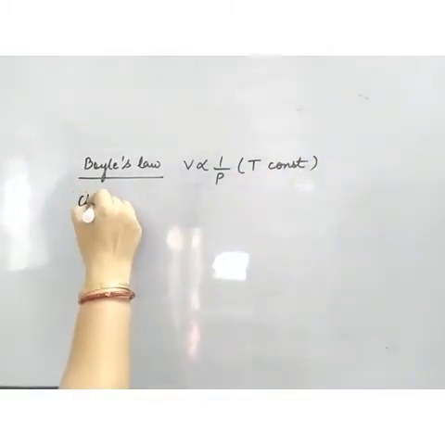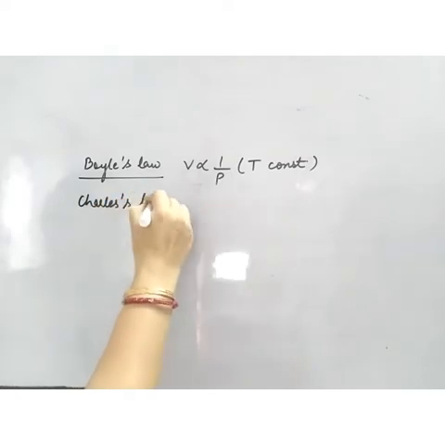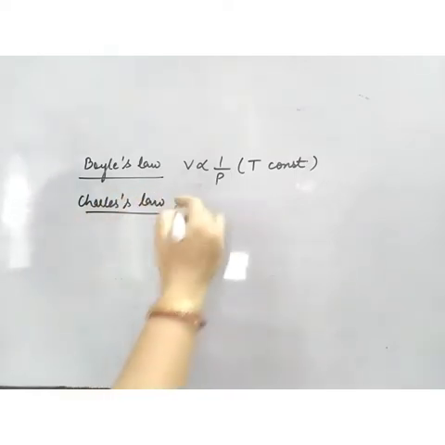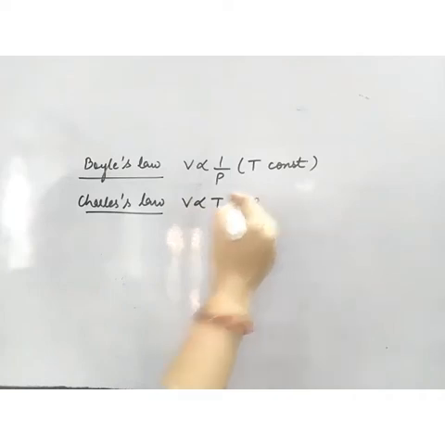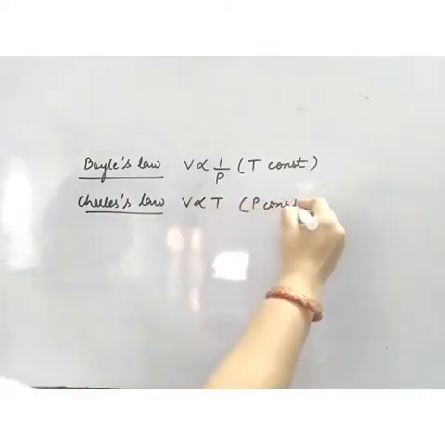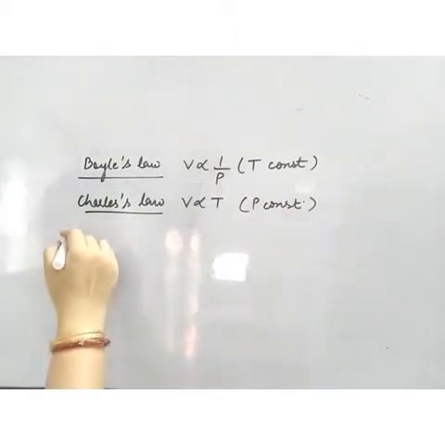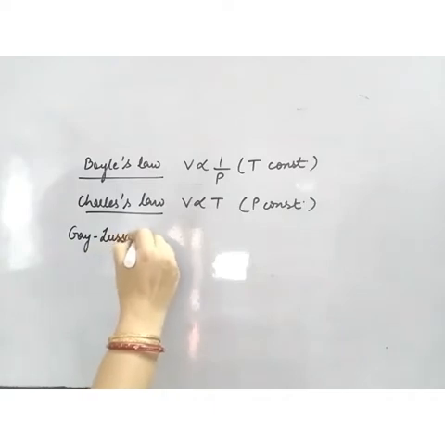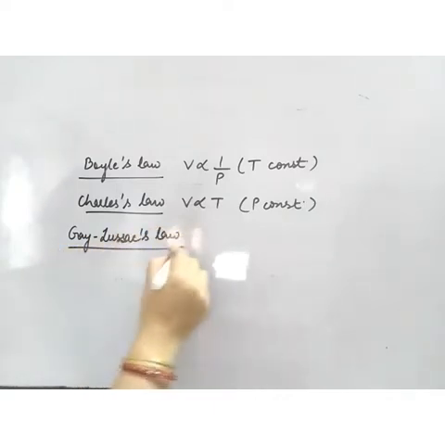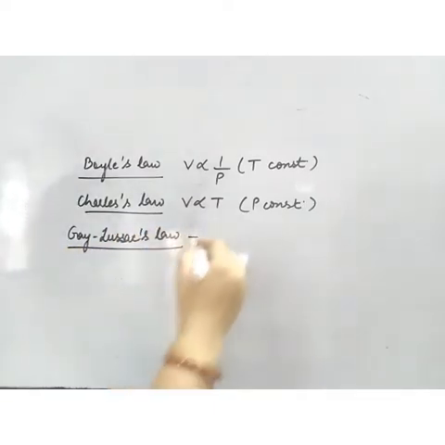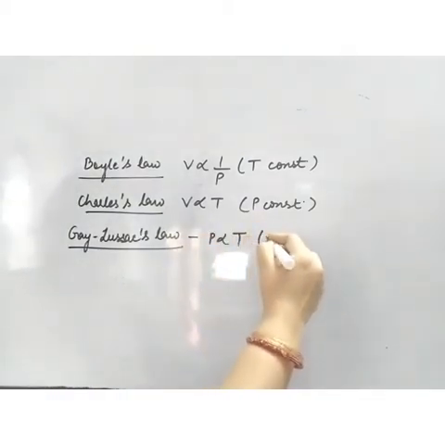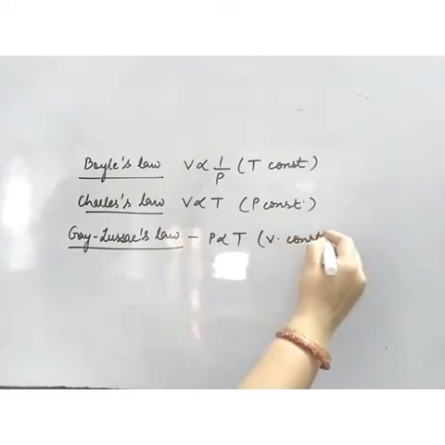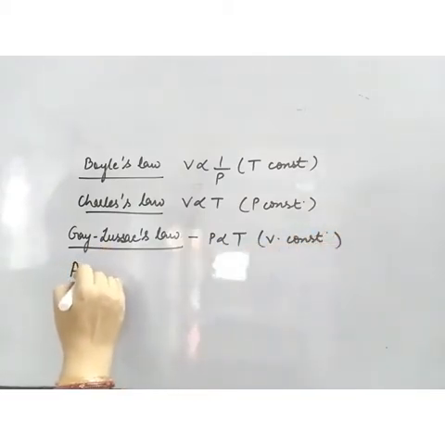The second is Charles' law, which states that volume is proportional to temperature. Condition, pressure is constant. The third is Gay-Lussac's law, which states that pressure is proportional to temperature. Condition, volume constant. And the fourth law is